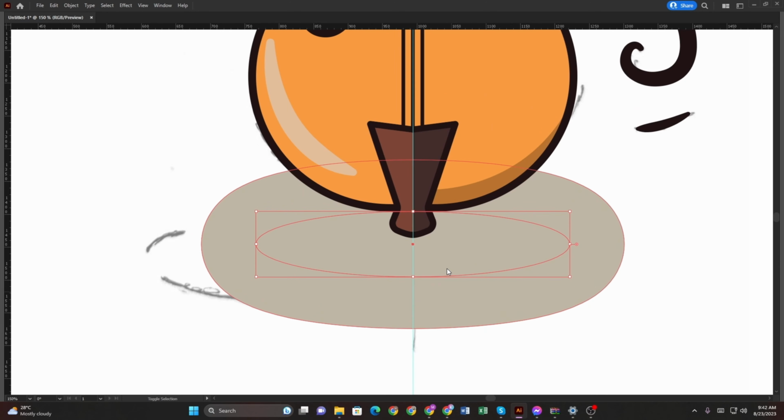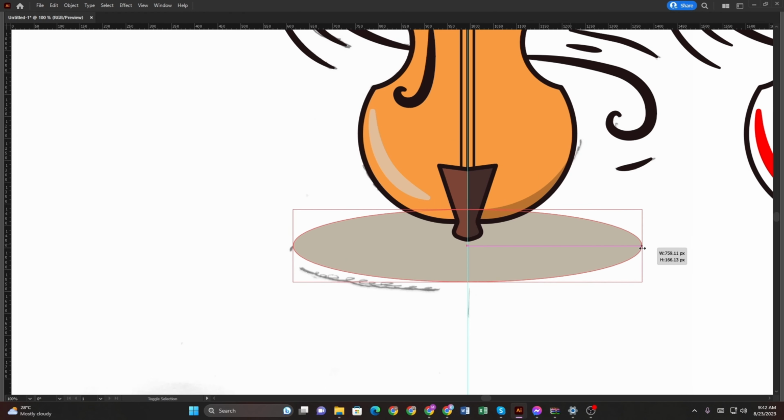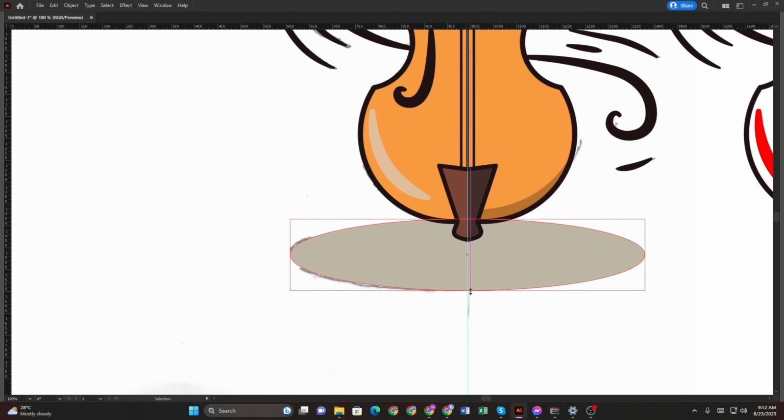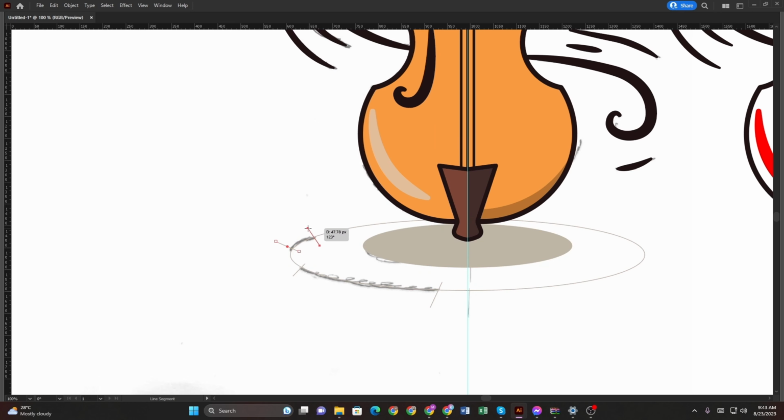It's some stroke. Color off and some cut.